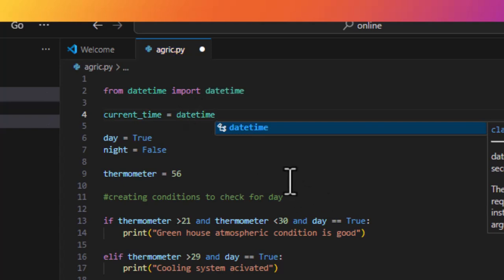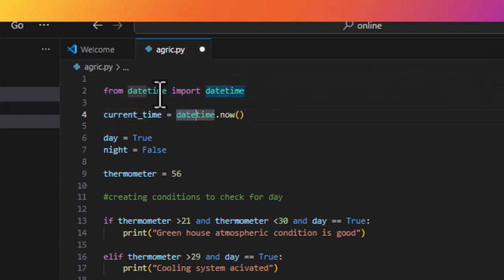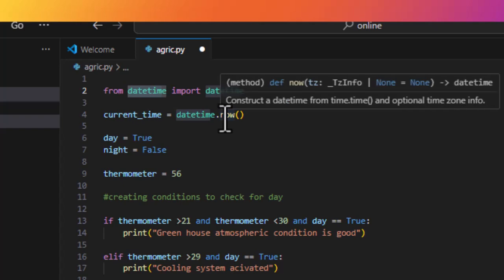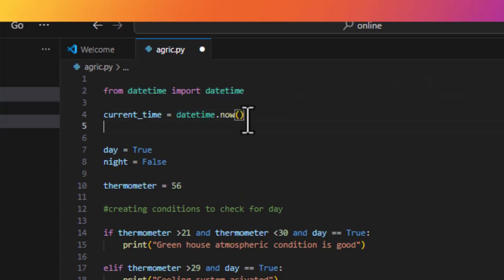So I can now print current time. I print current time because that is the variable I created. This is the variable here. Then I'll press Ctrl S, that is to save my work. Remember, this is Visual Studio. You have to save your work as you are editing it. So by the time I go back to my